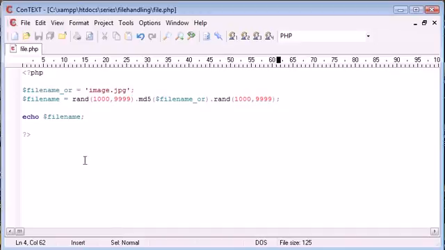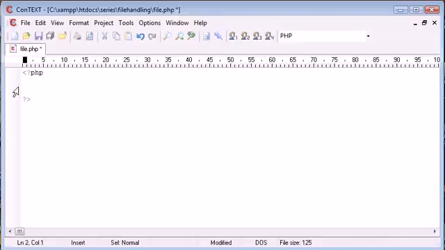file exists function. So we can check whether a file exists before we perform an action. So let's go and have a look at this function itself. So the function is called file_exists. This is how we call the function, and the parameter that we give is the file name itself. So for example, I could say file exists file.txt or image.jpg, etc. So what I'm going to do is, in this example, I'm going to check whether a specific file exists, and if not, I'm going to create a text file. So we're not quite uploading images or documents at the moment, but you can apply this example to your own